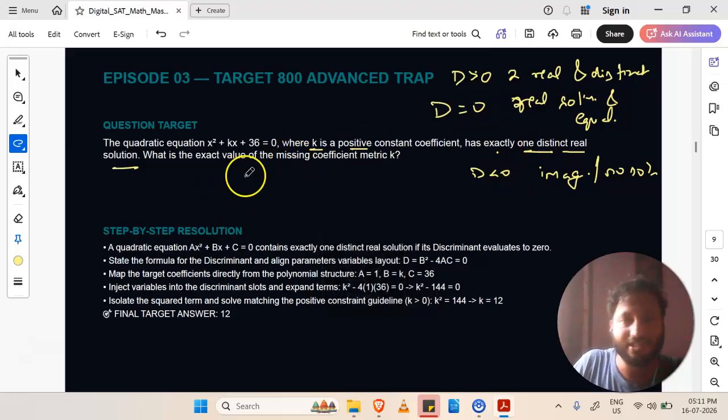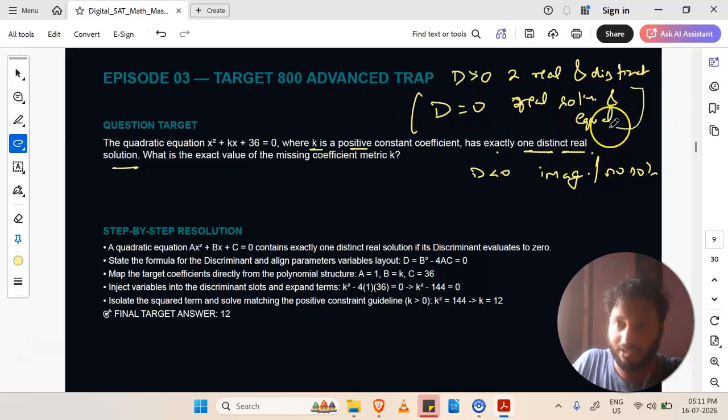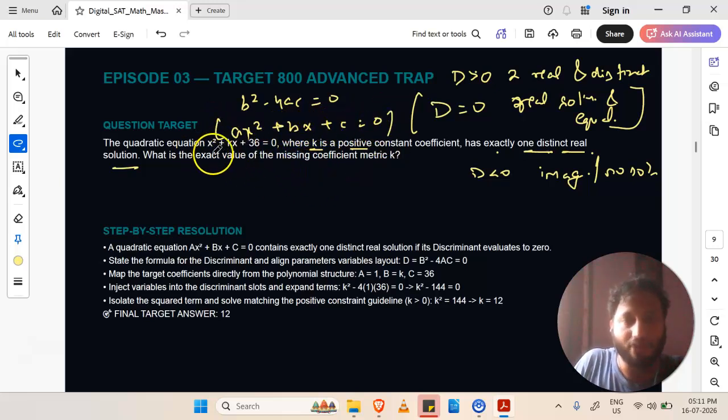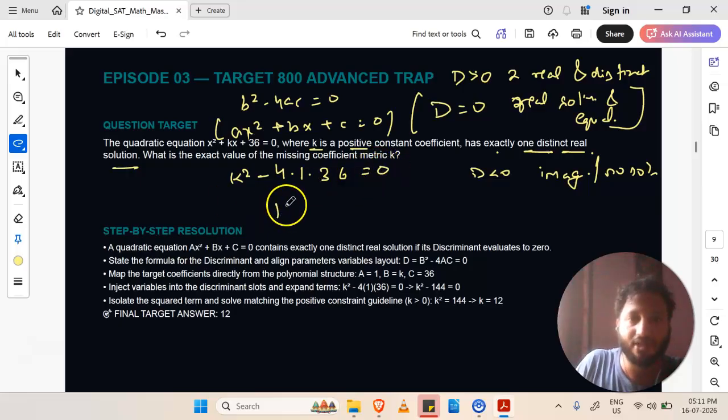So what does this case correspond to? Exactly one distinct real root means two roots which are equal. This is the case we are talking about. So what is D? B square minus 4AC is equal to 0 in this standard form of a quadratic equation. This is already given in standard form. A is 1, B is k, C is 36. So k square minus 4 into 1 into 36 is equal to 0. So k should correspond to, if I take this entire thing to the right side,